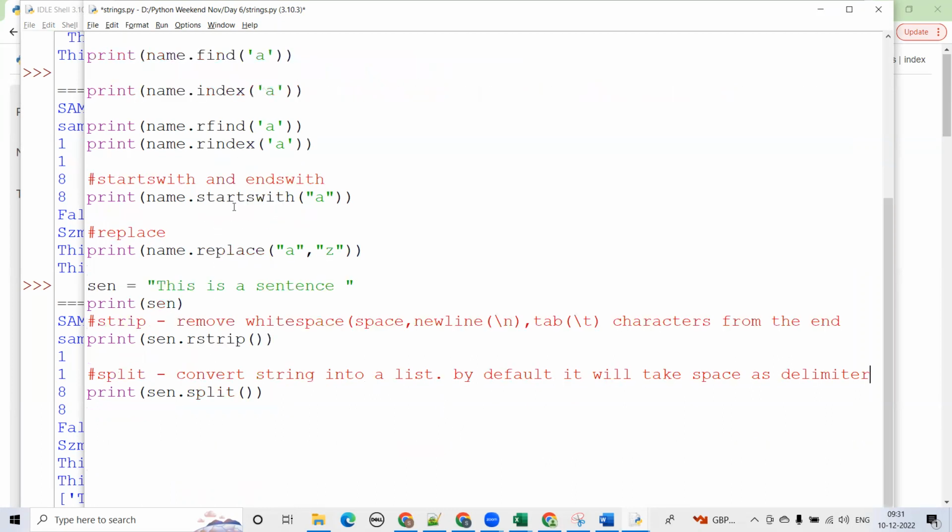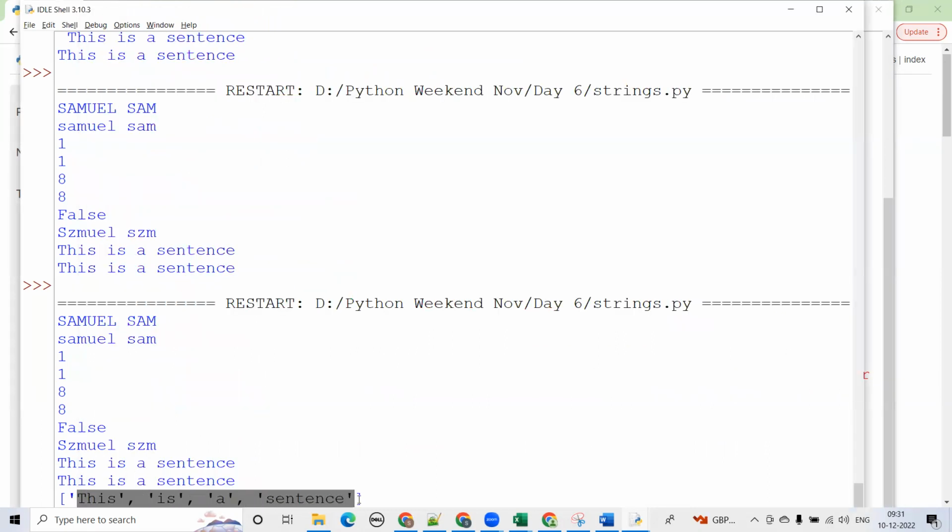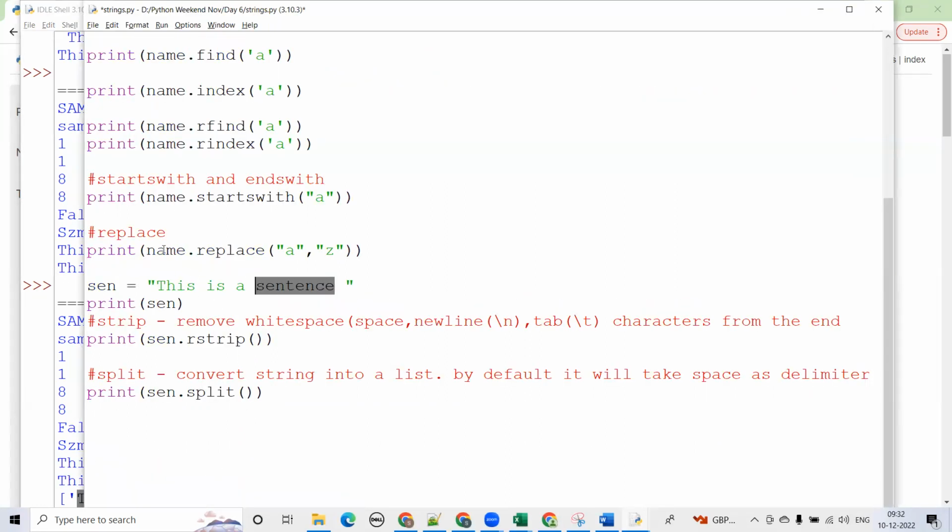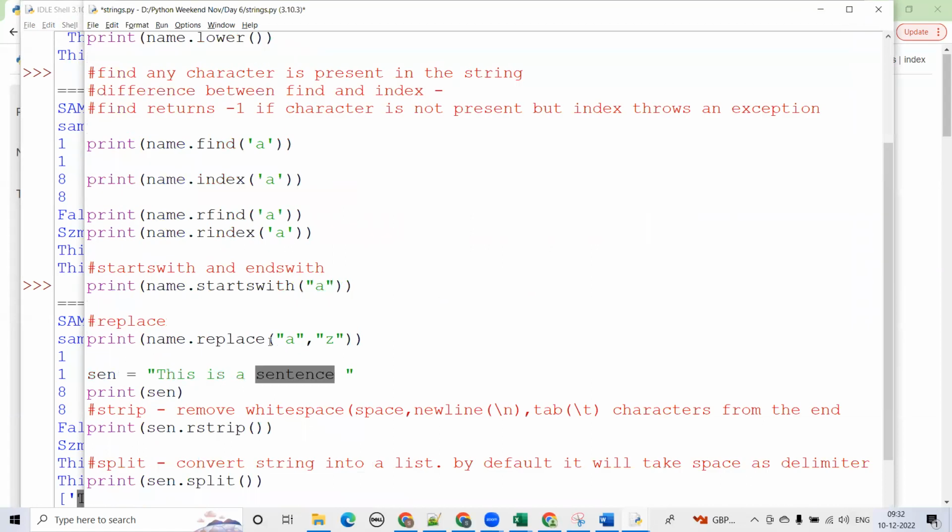Okay, by default, it will take "this" as one element, "is" as one element, "a" as one element, "sentence" as one element. So there will be 4 elements in the list. Now, if you want to split it not via space, but via the character I, then till "th" will be one element. Then "s" and space will be one element. So if I run this,